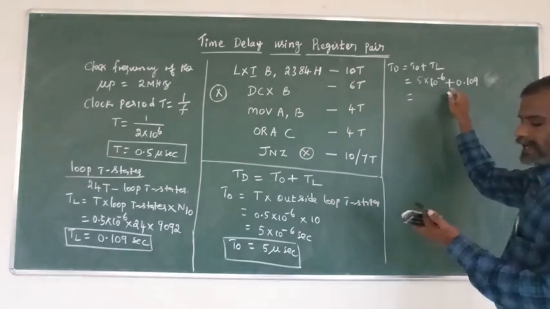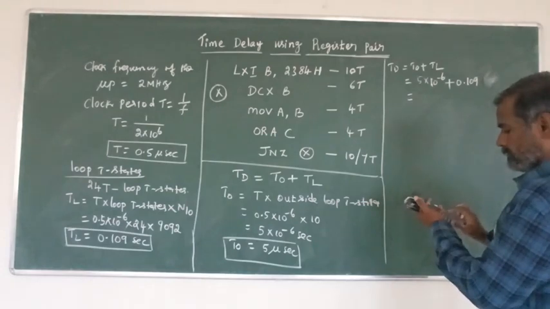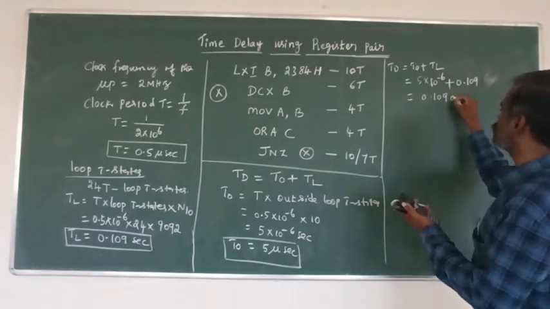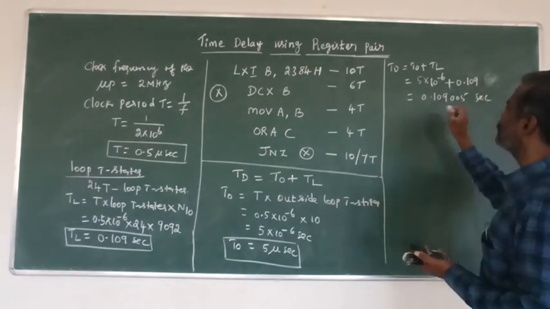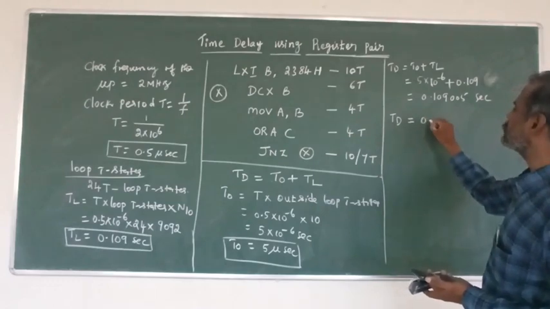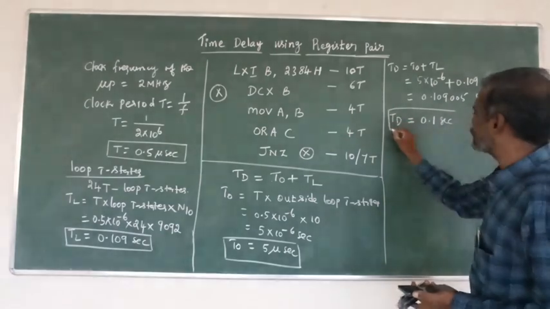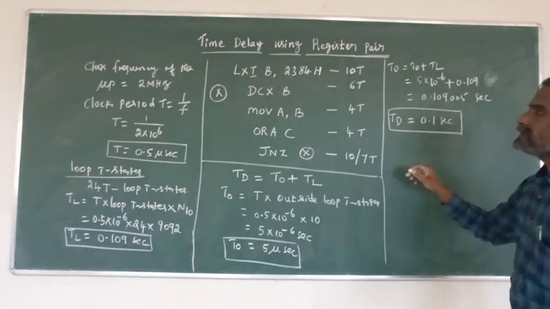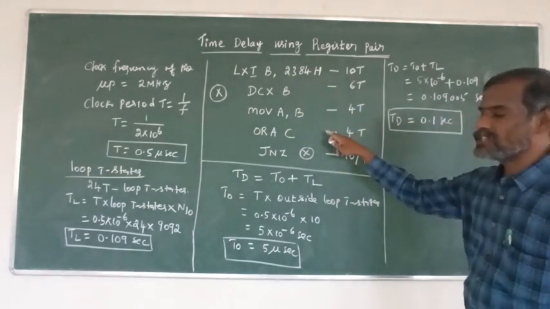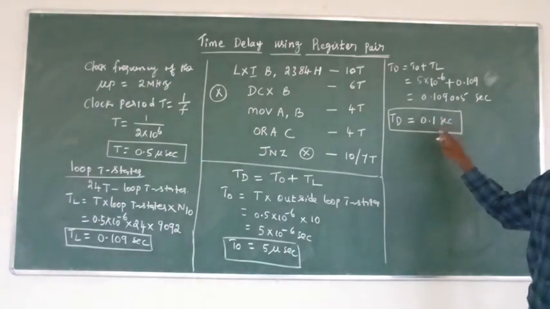Adding these two, we get the result 0.109005 second. Now TD, total time delay, is around 0.1 second. The time delay required to decrement the data 2384 to 00 takes about 0.1 second